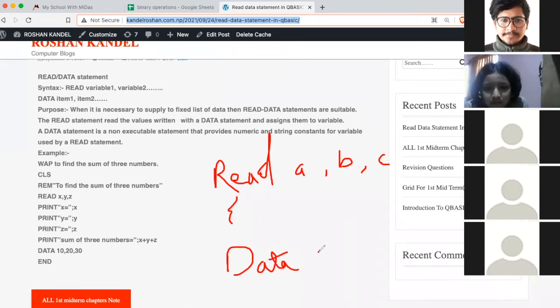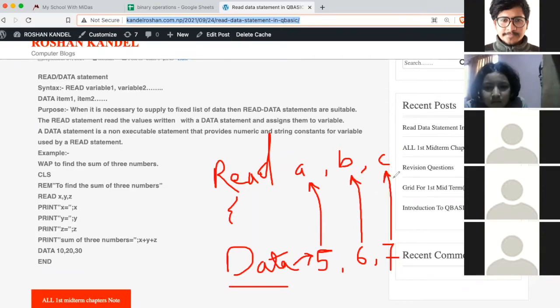Suppose we have values 5, 6, 7. In this DATA, the first item is given to the first variable, the second item is given to the second variable, and the third item is supplied to the third variable.